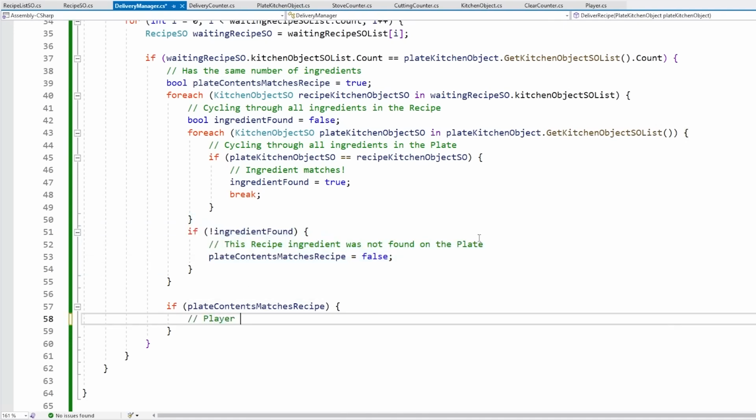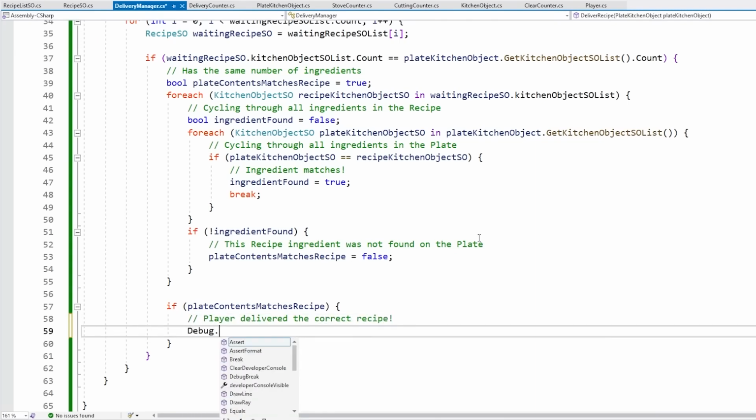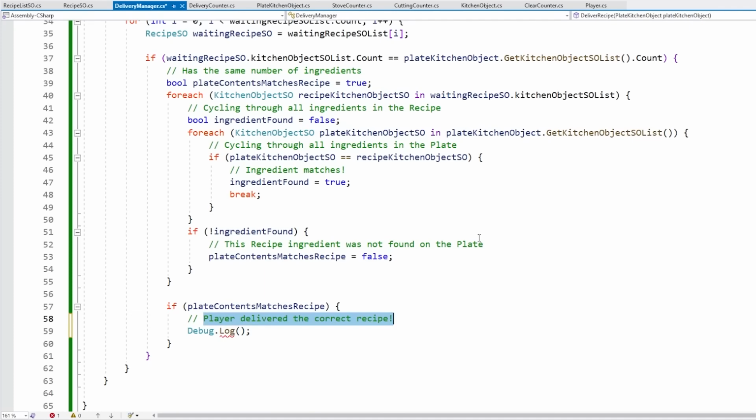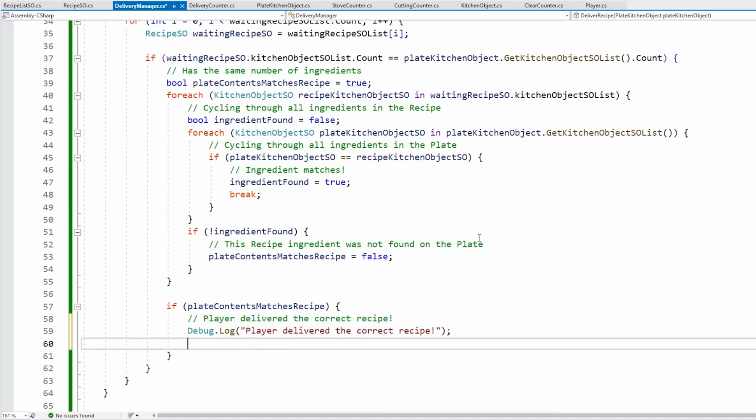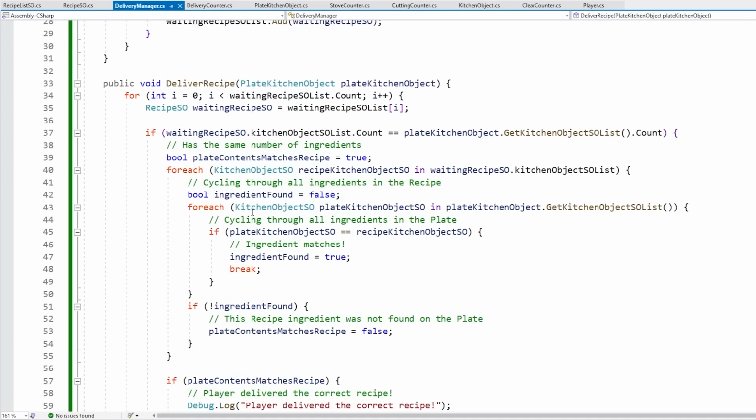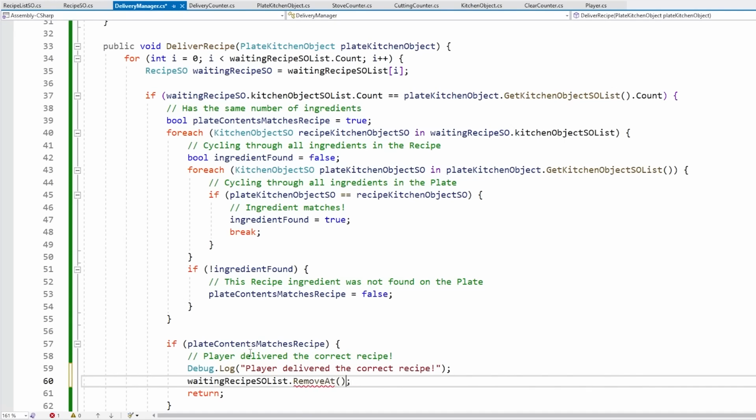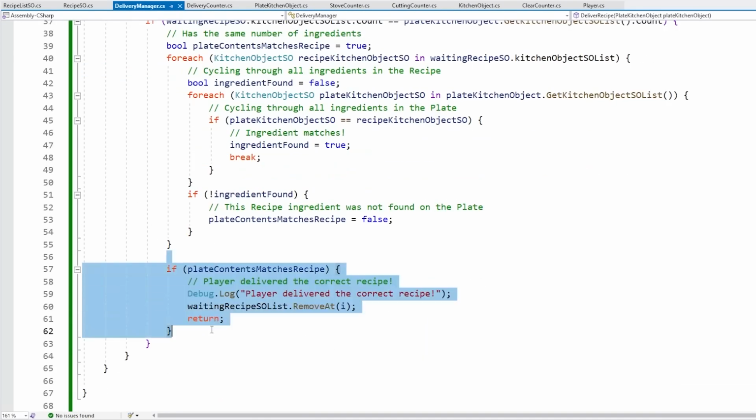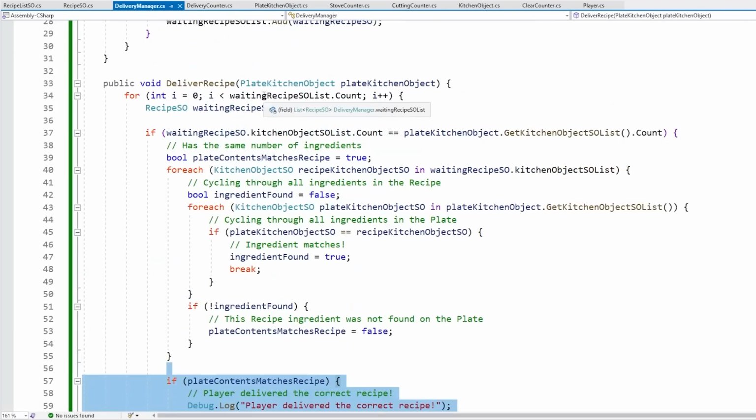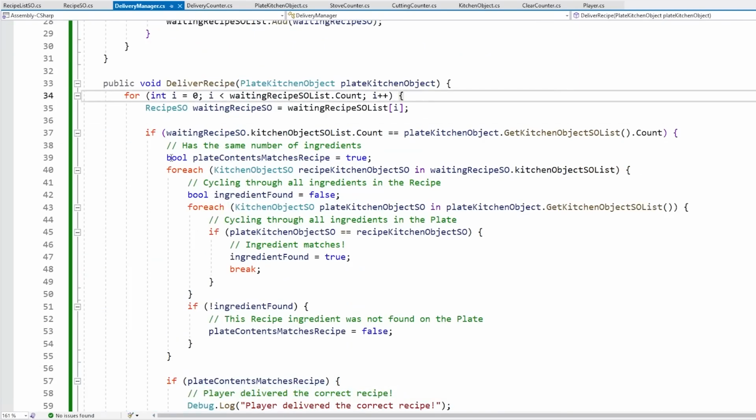So over here, we know the player delivered the correct recipe. So over here, let's do a quick Debug.Log and print out a message. And after we do, let's also do a return so we stop the rest of the execution. So basically, if we find a waiting recipe that matches, we don't want to keep going. And also here, if we do find it, let's also remove it from the list. So let's go into waitingRecipeSOList, RemoveAt, and remove at this index. Okay, so we're going to remove this recipe. But if this doesn't happen, then it's going to keep cycling, and it's going to cycle through all the recipes. So basically, if it reaches the end of this for